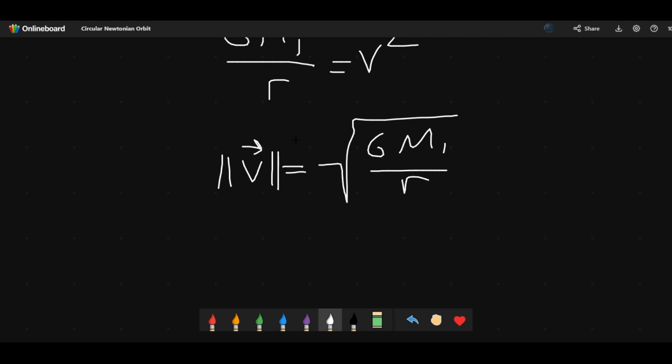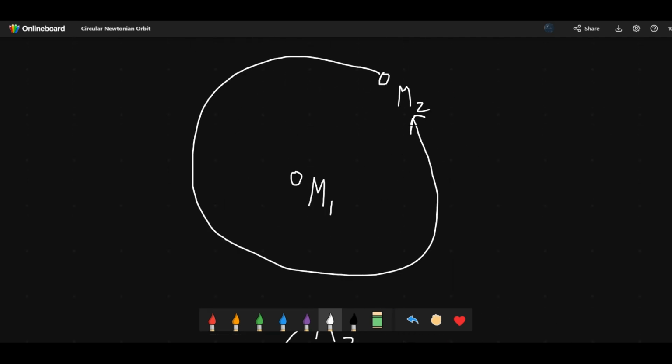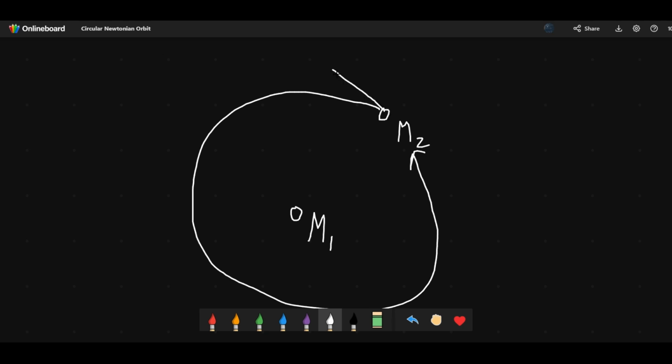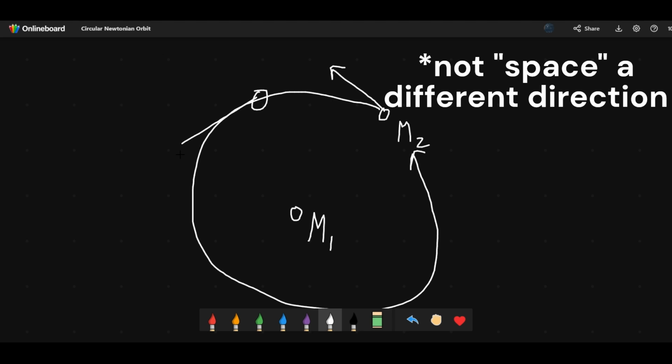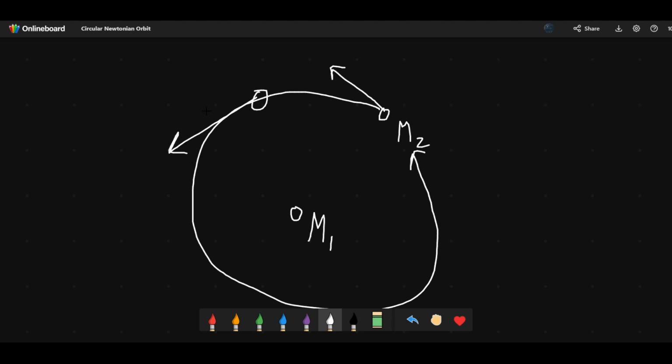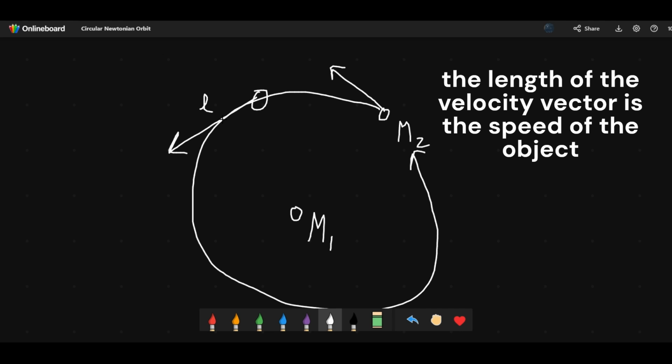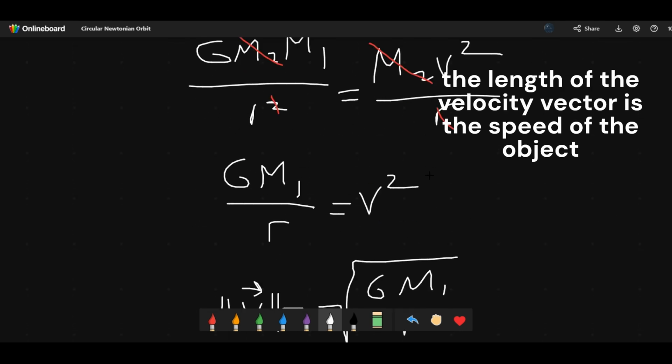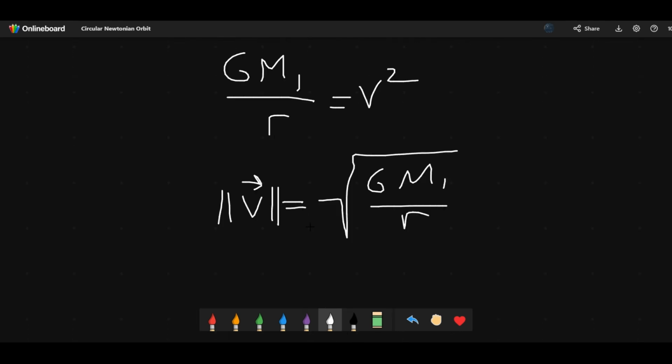Why? Velocity is a vector, and in our system, velocity is always changing, because at this point in time the velocity vector is pointing this way. But at a different time, the velocity vector is pointing in a different direction. Its length, let's denote the length as L, is constant throughout the entire time, but its direction is always changing. That's why, to be entirely accurate, we have to write that the length of the velocity vector is equal to